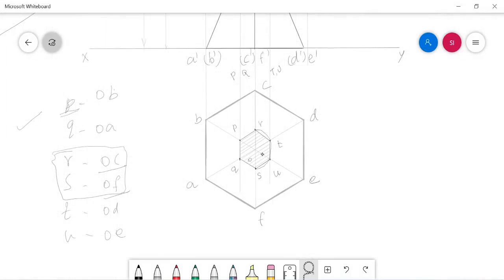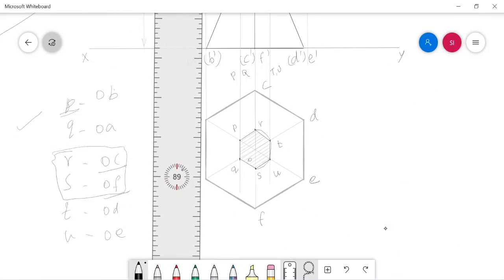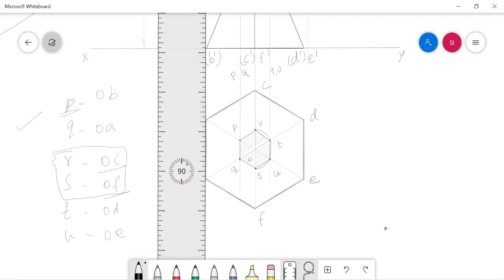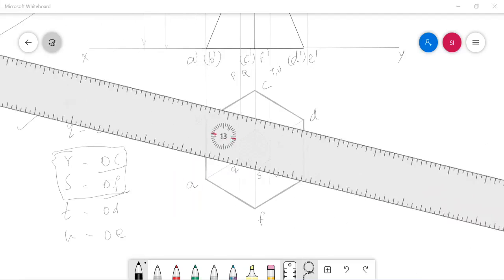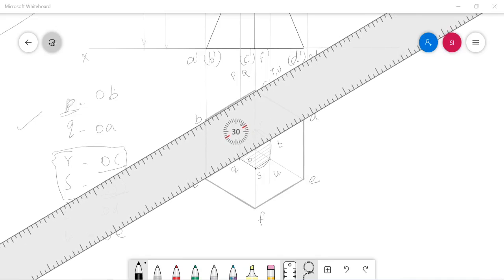The removed portions are O2T, O2R, O2P, O2Q, O2S and O2U. So all the rest are the retained portions. We have to highlight them with the HB pencil. So starting from the base, in this computer application it's already drawn with thick borders. However, I am connecting them for your understanding purpose.